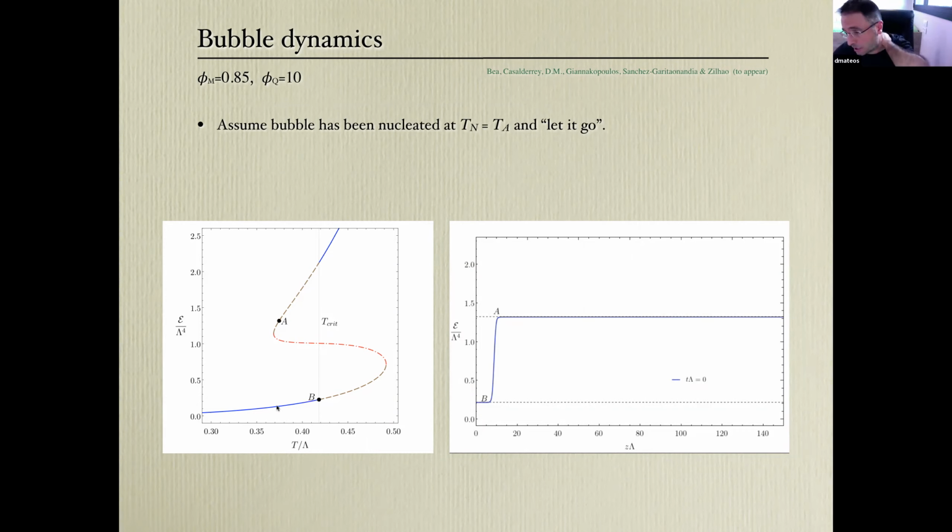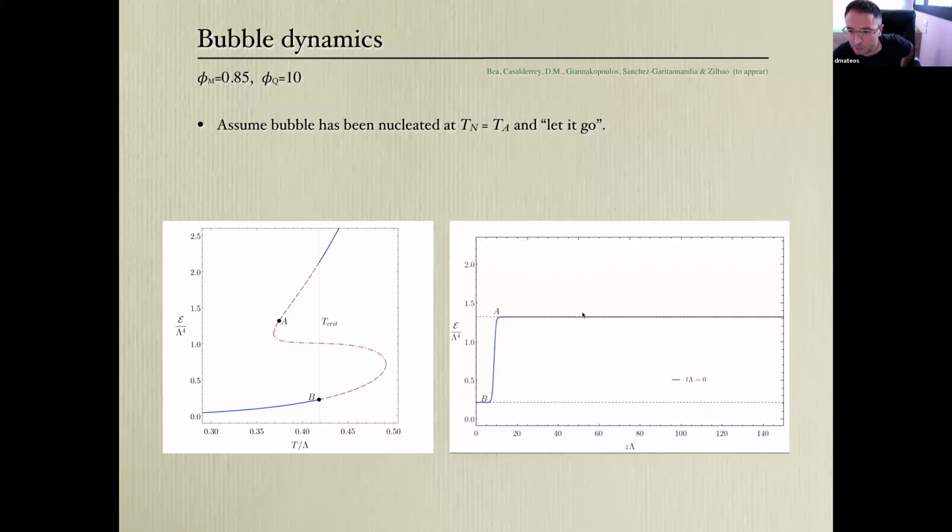But on the gravity side, you can actually consider just a different initial state. So what I'm saying is that outside the bubble, I'm going to assume that I have the state A with this energy density. And inside the bubble, I'm going to have some other state on the lower branch, which could be at the same temperature or just a different temperature. Because at the end, I will show you that the final wall velocity and wall profile that you get do not depend on where the initial state inside the bubble is. Okay? So for the moment, let me just consider that A is here.